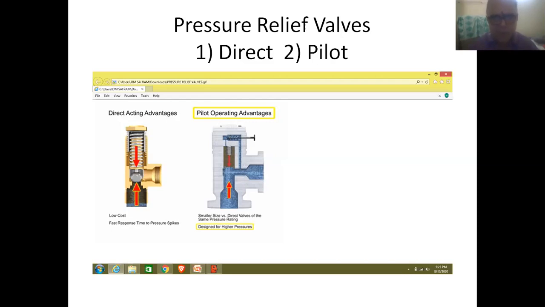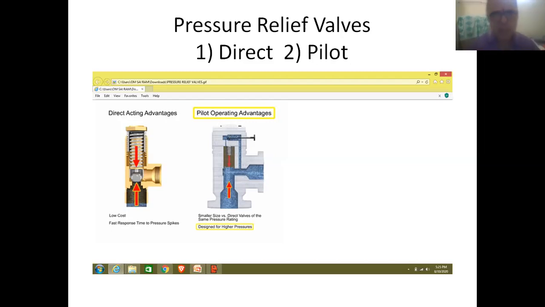So as usual, if the pressure falls back to the normal value, initially the pilot valve will be coming to closed position, and finally the relief valve will be coming to closed position.